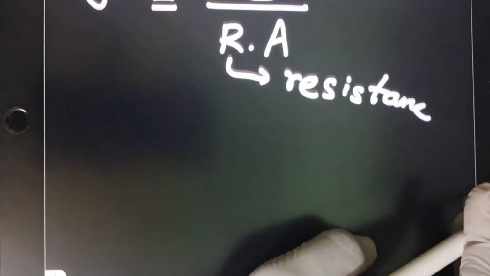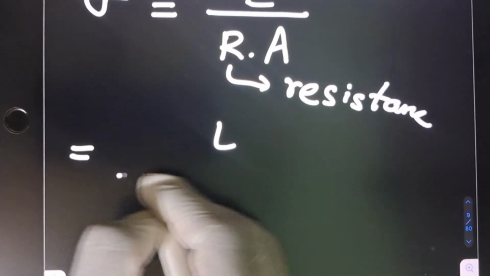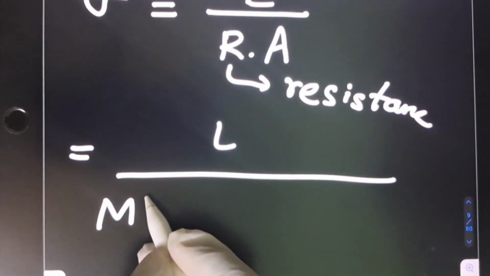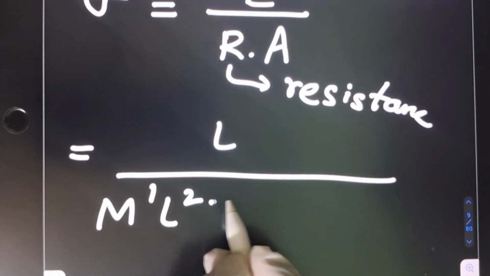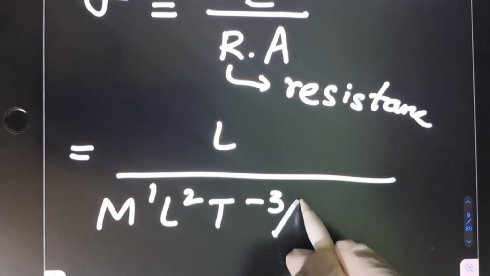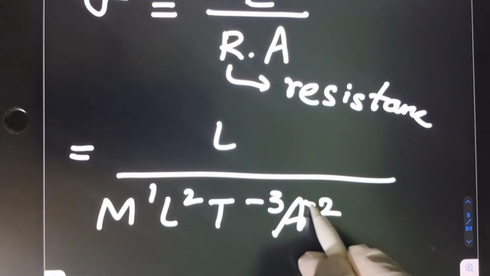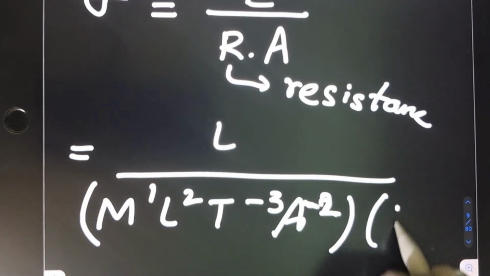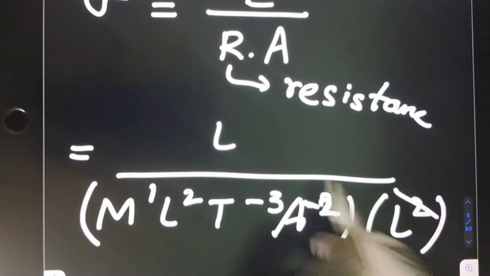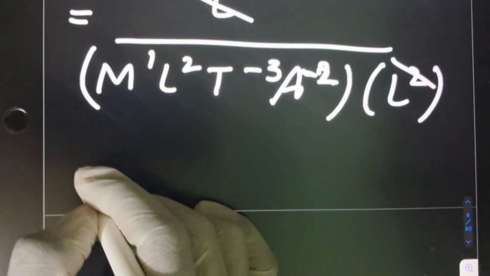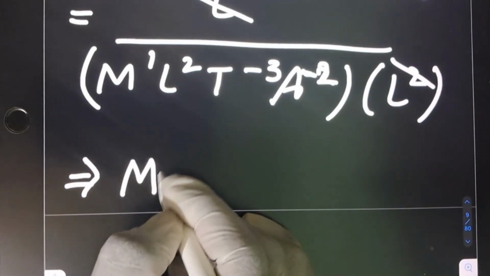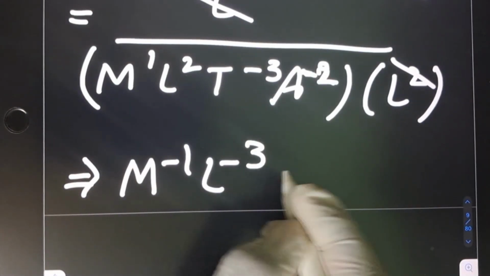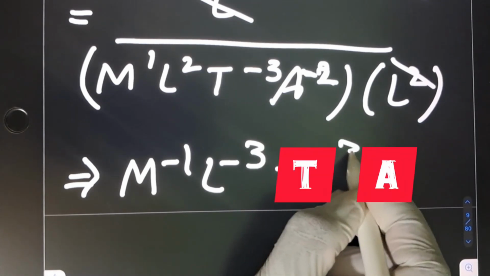So here length L by resistance, M power 1, L power 2, T power minus 3, A power minus 2, into area, length into breadth, so it is L square. On cancellation of length and reciprocation, we get M power minus 1, L power minus 2, T power plus 3,